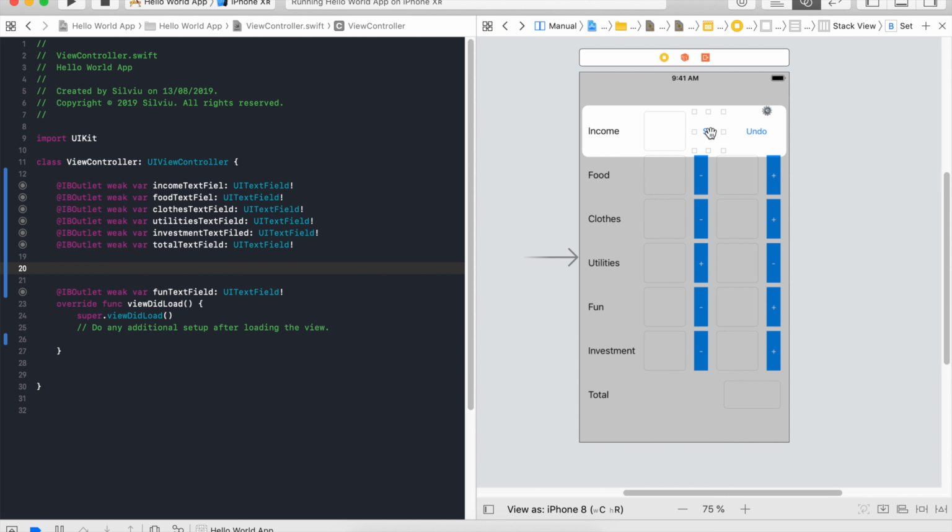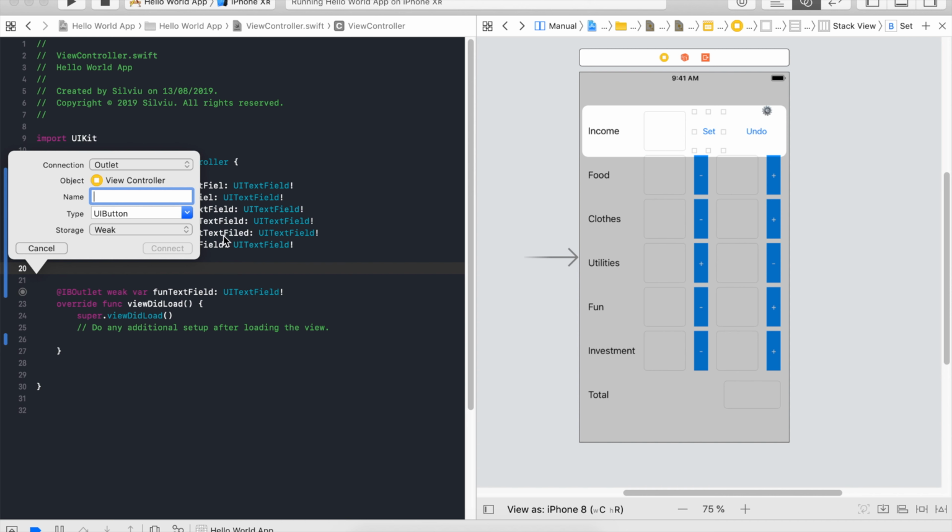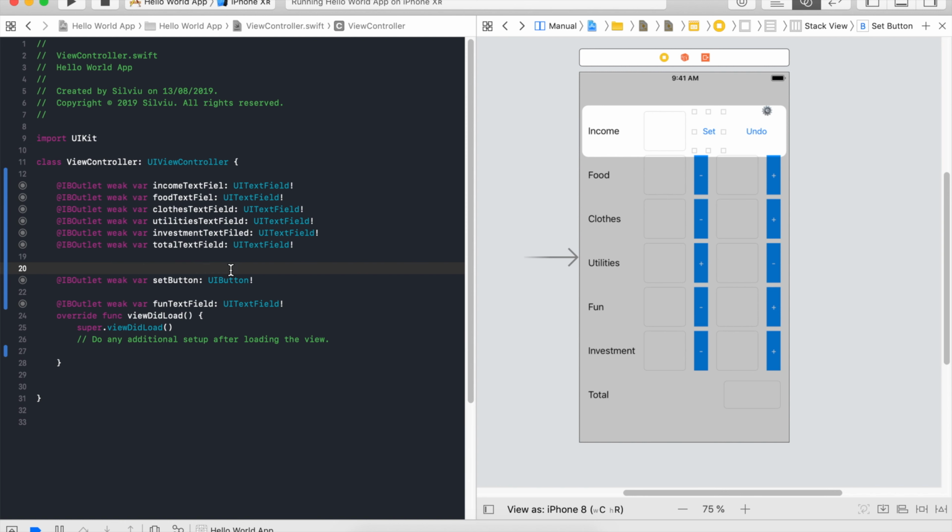Okay, make a function. When you click the set button, let's make sure each and every one of the food to investment to total columns get the percentage of the total. Okay, just click and drag, give it a name. Let's say set function, set button. Let's call it like that. Okay,